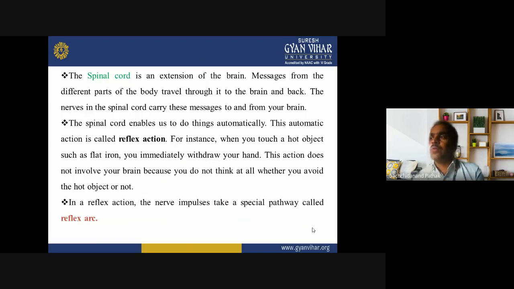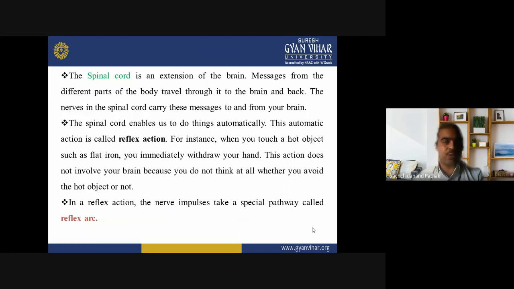Now, when you touch a hot object, did you ever think about that? Now, this object is hot, now I have to remove my hand. Has that ever come to your mind? For example, if there is a hot plate and you just touch it. After touching the hot plate, what will be the first action? You will pull your hand away from the hot object, or you will think that this object is hot, now I must pull my hand. You say the first one. Automatically the hand will pull off.